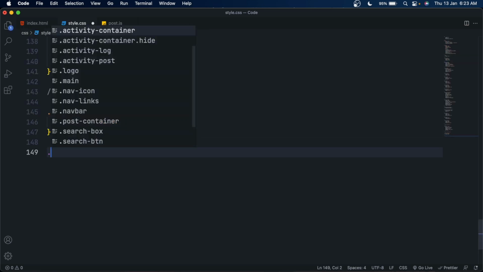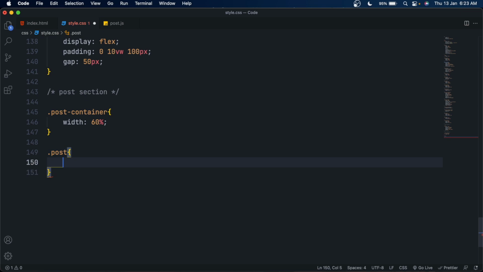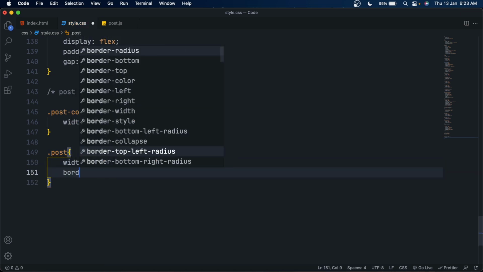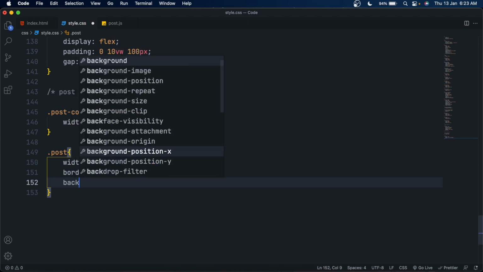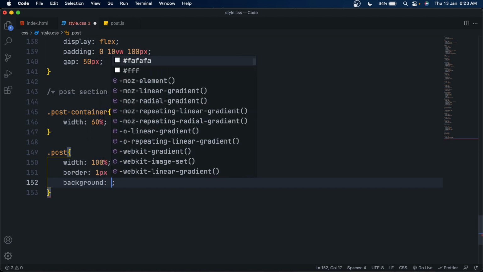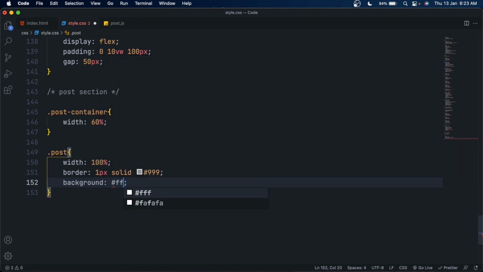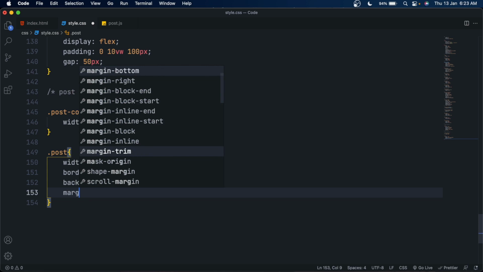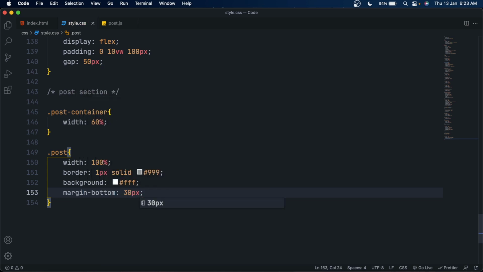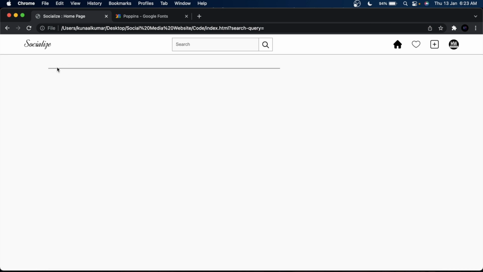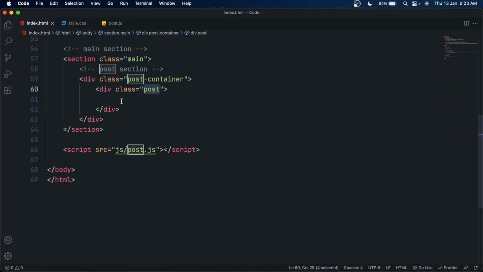Now select the post and set its width to 100%. Also set its border to 1 pixel solid dark gray, so it will have a dark gray border, and give it a background of white. Also give it some margin bottom, let's say 30 pixels, and yeah, you can see a dark gray line.